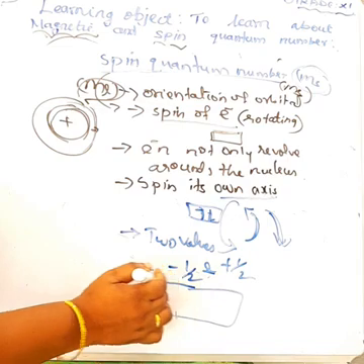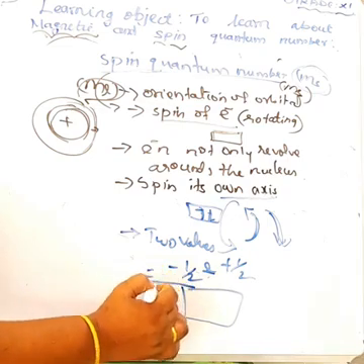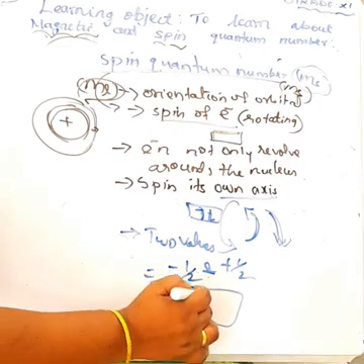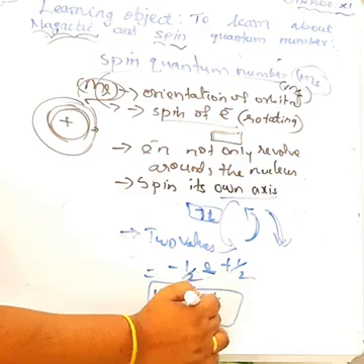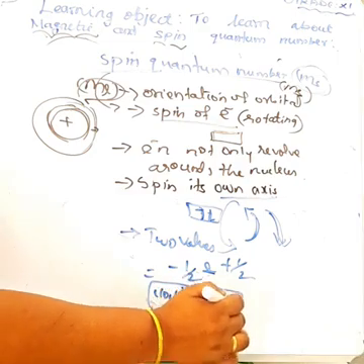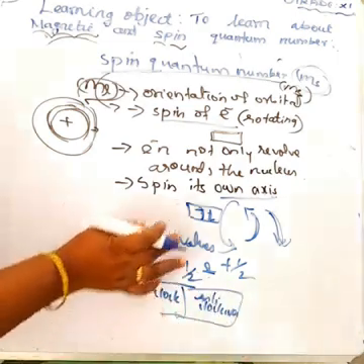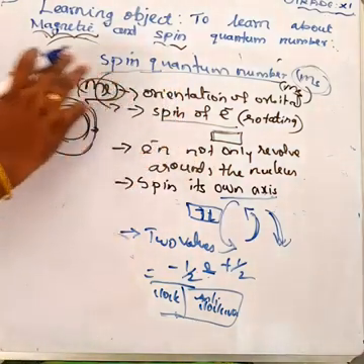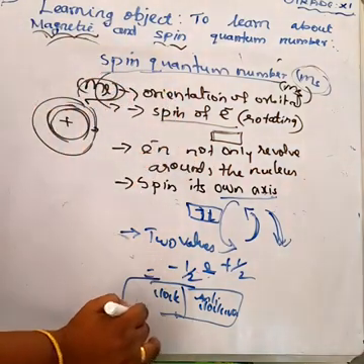Understood? The spinning of electrons within the orbital is explained by the spin quantum number. Okay, and now once again,